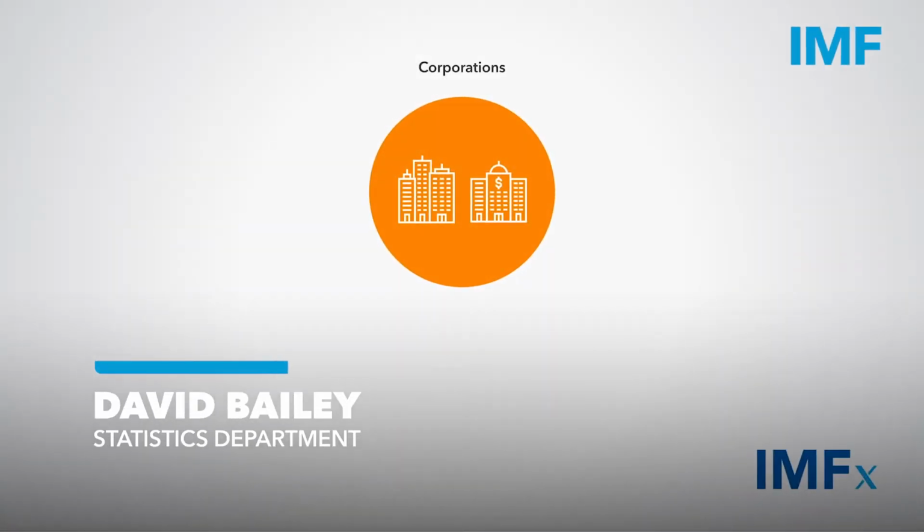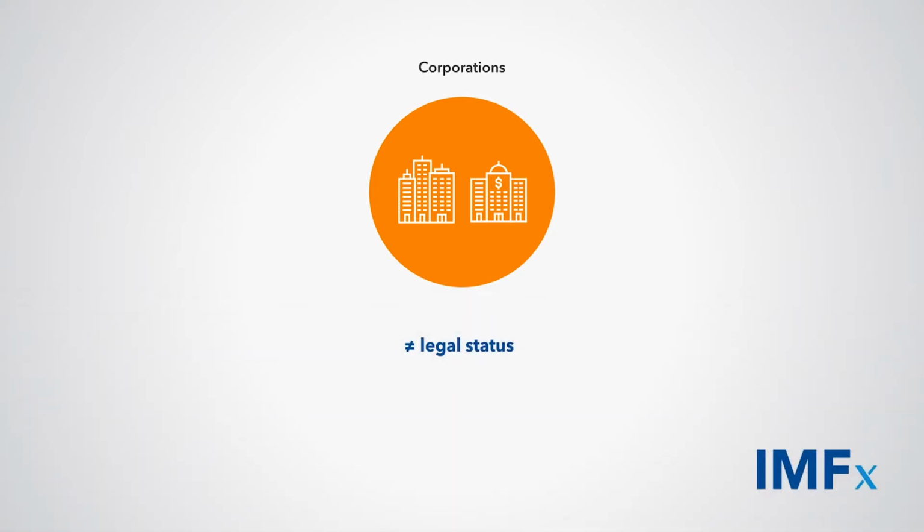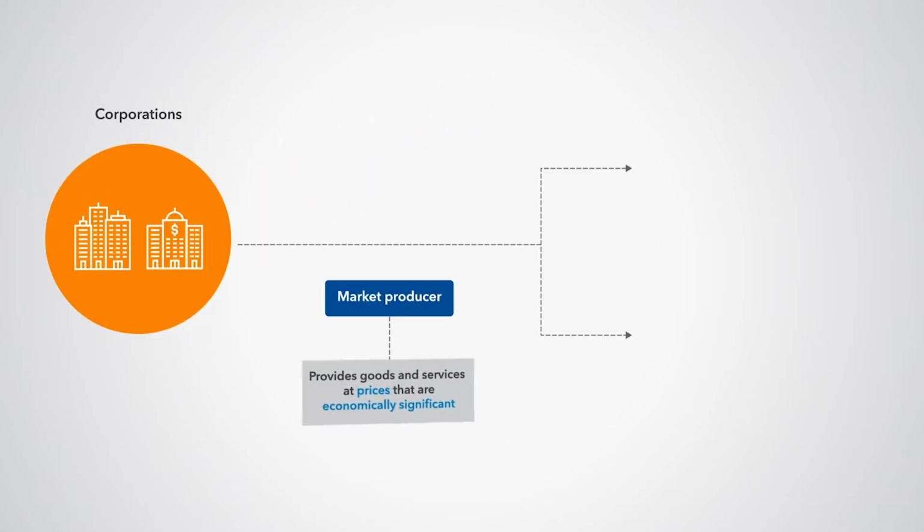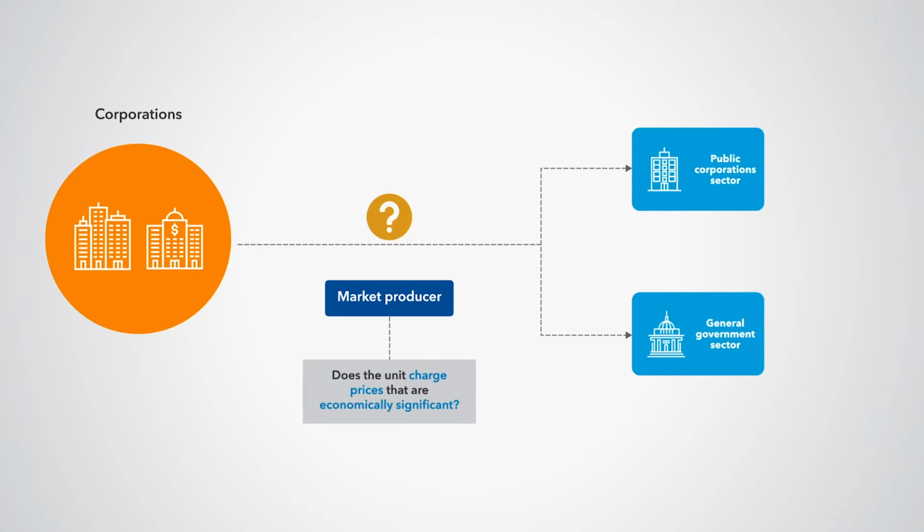Corporations are a type of institutional unit. The key factor to classify a unit as a corporation is not its legal status, but the fact that it is a market producer. A market producer is defined as a unit that provides goods and services at prices that are economically significant. Whether or not corporations charge economically significant prices is the criterion used to classify a government-controlled institutional